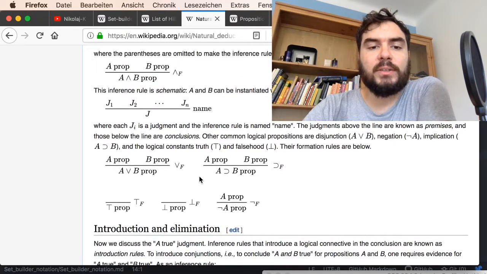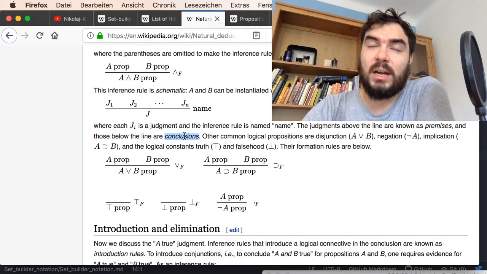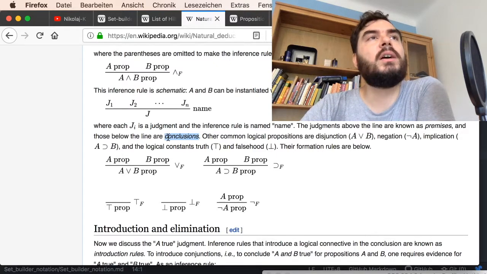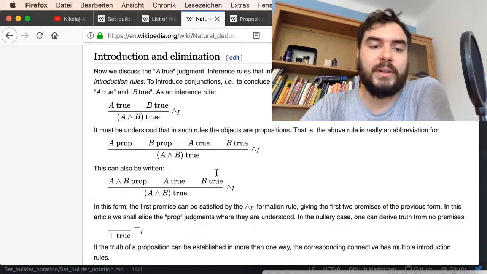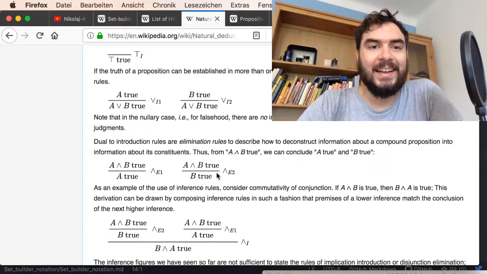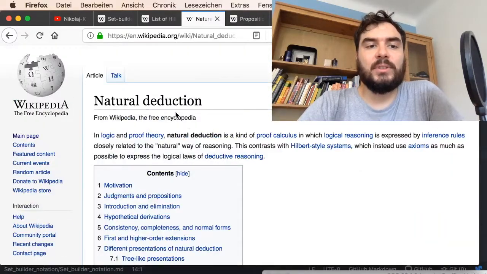But how you go about it differs, and I suppose, I don't want to put my hand in the fire for that, but I suppose most of the proofs will look more like natural deduction. You also have this nice name, right? Natural deduction. Okay, so I will in this video not explain it in any detail, but just point out